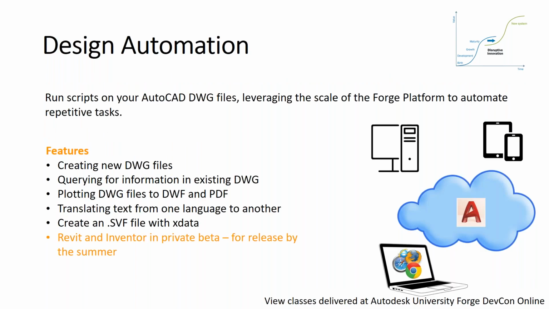There's design automation, which AutoCAD has been out there for over 2 years now. So it's AutoCAD as an engine on the cloud that you can run the AutoCAD APIs you know and well. No user interface, just an engine. And we are in private beta for both Revit and Inventor design automation engines. And it'll be about 3-4 more months where these will be released for commercial use. You'll be able to use as engines.